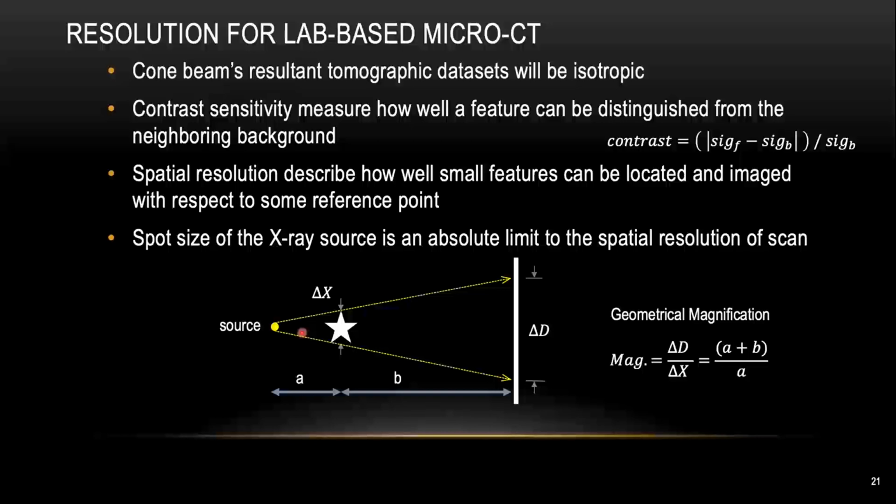And for some higher resolution micro CT machines, as I mentioned earlier about the detector, usually they use a second stage of optical lens. The optical lens can create a second stage of magnification, which means the final magnification for your high resolution CT machine will be your first stage geometrical magnification multiplied by your second stage optical magnification. Eventually, the resolution you will achieve will be the physical pixel size on the detector divided by your final magnification.